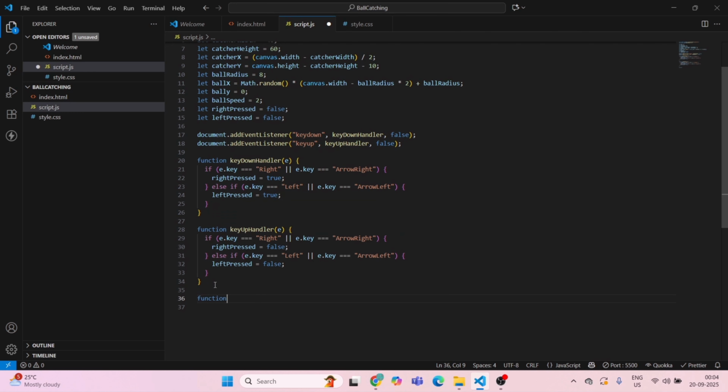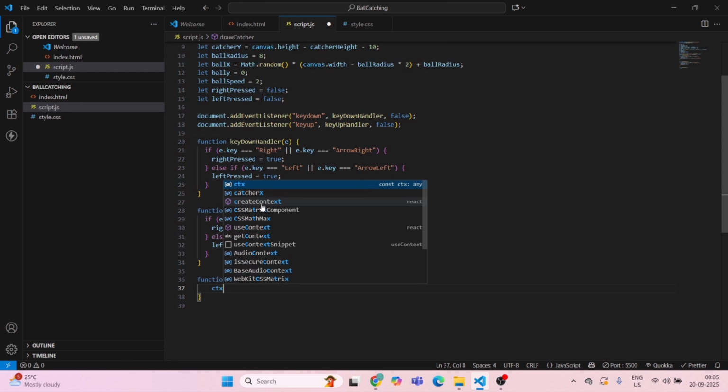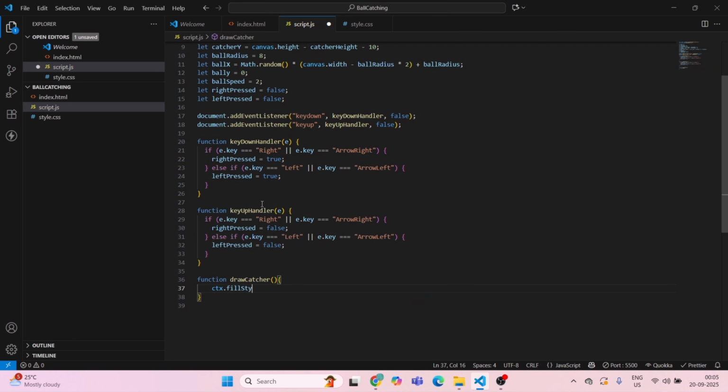So function drawCatcher, round brackets open close, curly brackets open close. Now this will be with ctx only. So ctx.fillStyle is equal to white